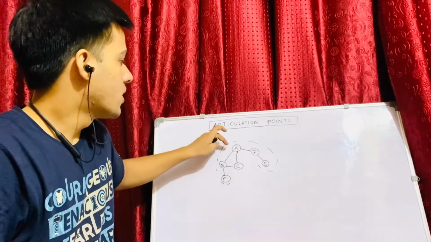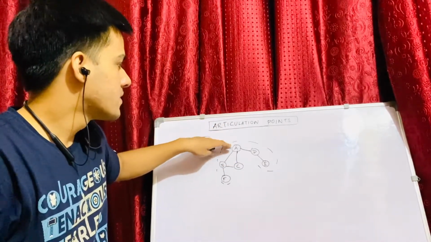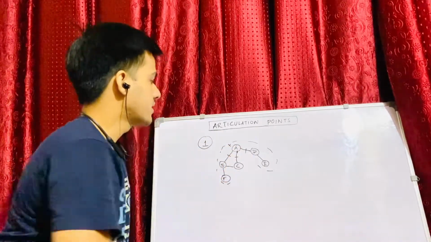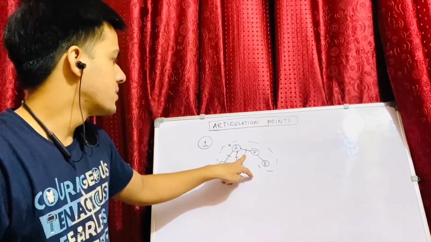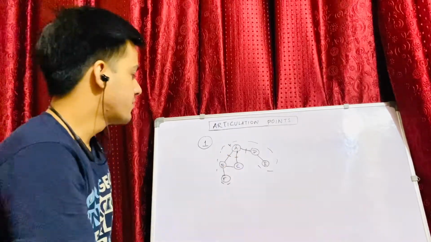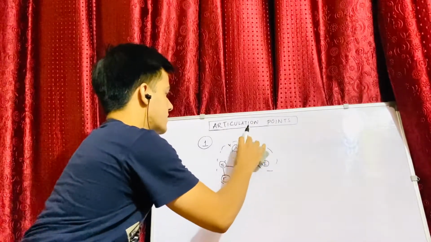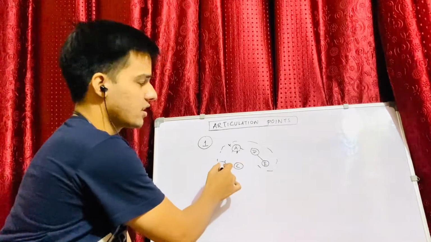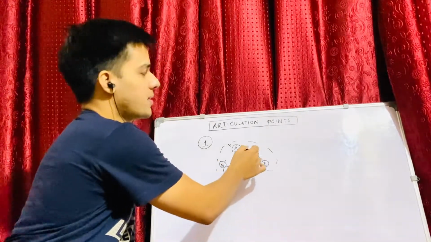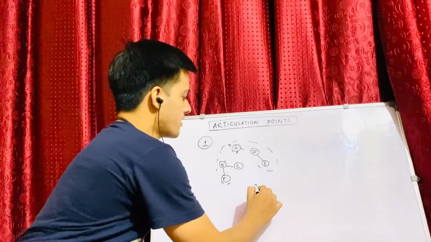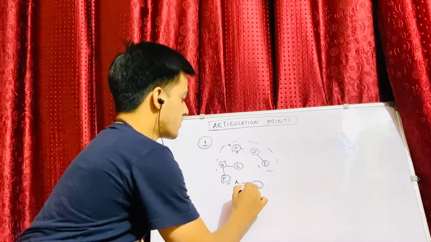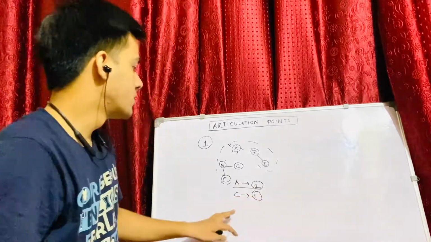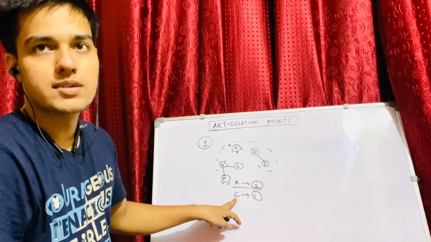Now let's try to do the same thing for A. If we remove A, this node goes down and these edges are not accessible. If you look at these nodes and remove these edges, you can see that there are two connected components: BCF is one connected component and DE is the other connected component. Which means you will have two connected components if you remove vertex A, and you will have one connected component if you remove vertex C.